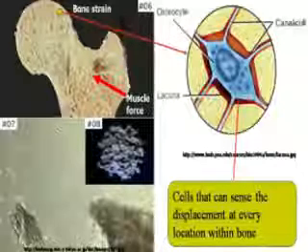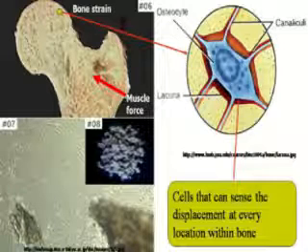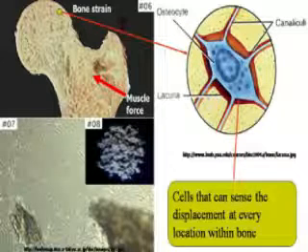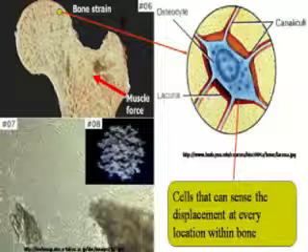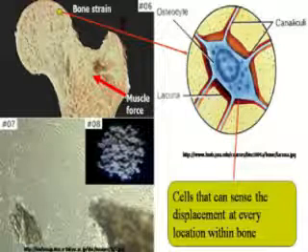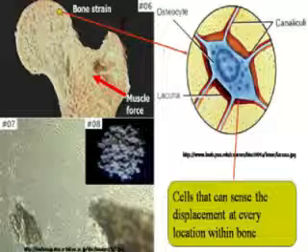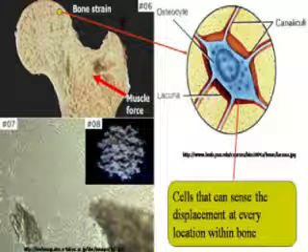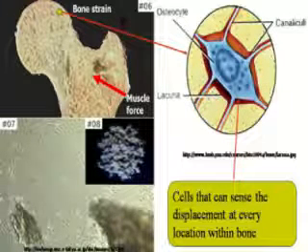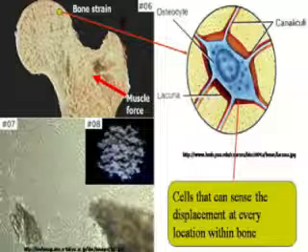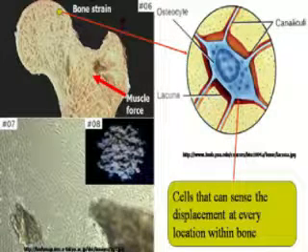Also, we know that there are cells called osteocytes, and as you can see on the screen, these cells are found throughout the bone, throughout the skeletal system, in the bone tissue. These cells can sense the displacement around them. So these osteocytes can sense the displacement anywhere in the bone tissue. So if we ponder upon this, as Allah urges us to ponder how He created our bodies, Allah God Almighty gave these cells a mechanism to sense displacements at any location in the structure.